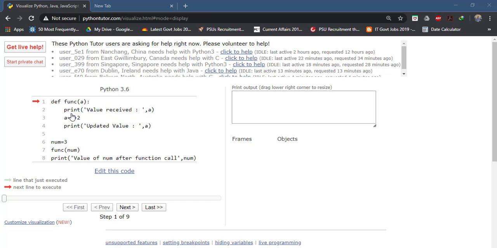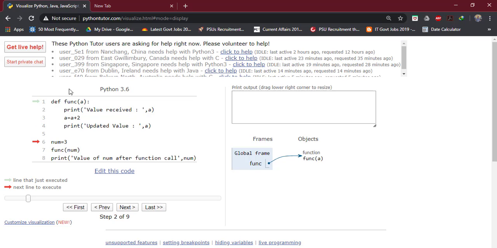Here I have written some code in which I am creating a variable num of integer type, and I am passing this num variable as an argument in the function func. Then we will see how the immutability of this variable matters. Num is an integer variable, and integer variables are immutable in nature. So we will see how this immutability will affect this variable. So we will execute this code.